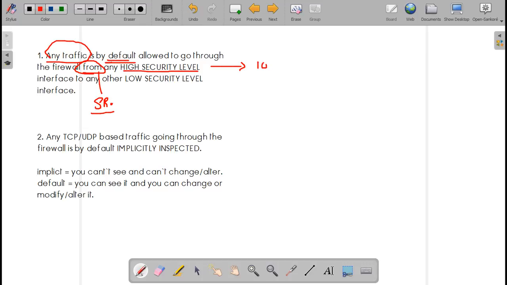You have 100, which is for the name inside, which is assigned to interface E1 of the firewall. Next high security level is 50, which is assigned to DMZ, which is interface E3 on the firewall, and these are higher than 0.